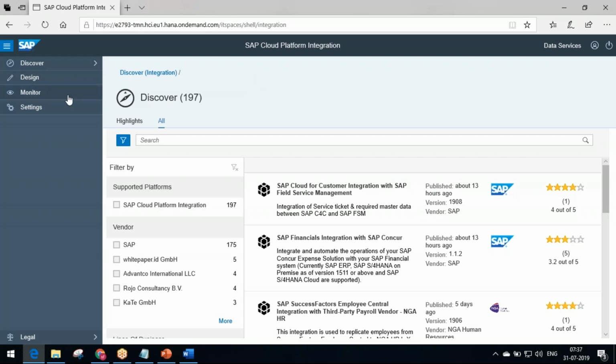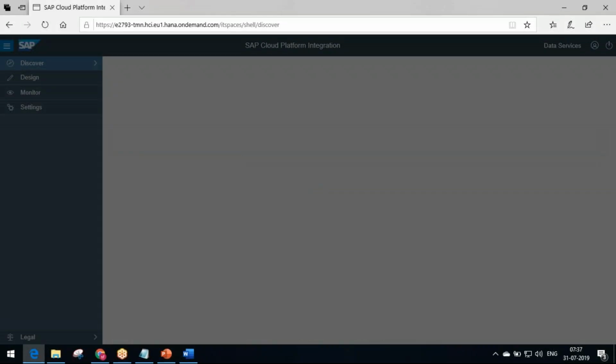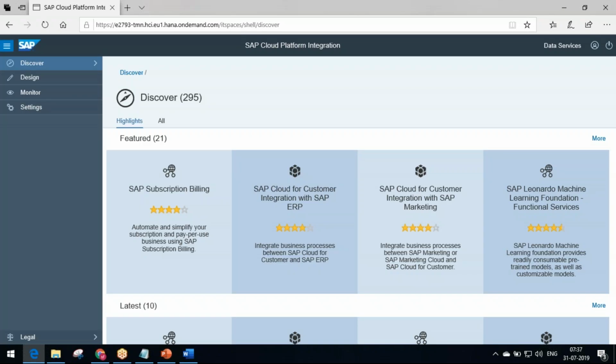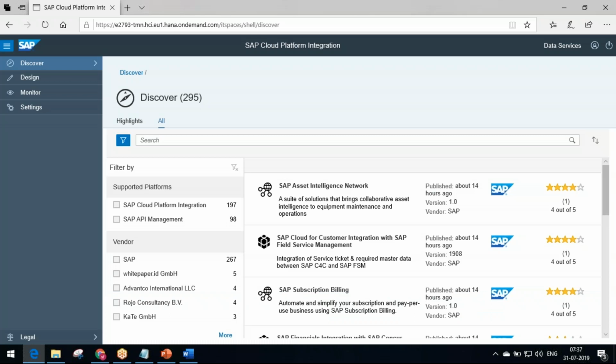So on the left hand side, you can see there are four options. So those are the four different sections. So the first one is the Discover. Discover means the standard packages and the best practices which SAP is offering, those are available in the public domain. Okay, so be it APIs which are available, or SAP standard packages, all the standard packages and APIs are available